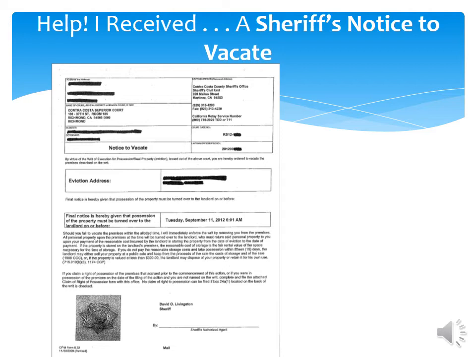They can put in for a writ of execution, and the defendant will receive a notice very much like this on their door, saying specifically the date and time that the sheriff is going to come out. It is not necessarily going to be that time, 6:01 a.m., as it's stated here on this notice, but that's the earliest time that the sheriff can come out,